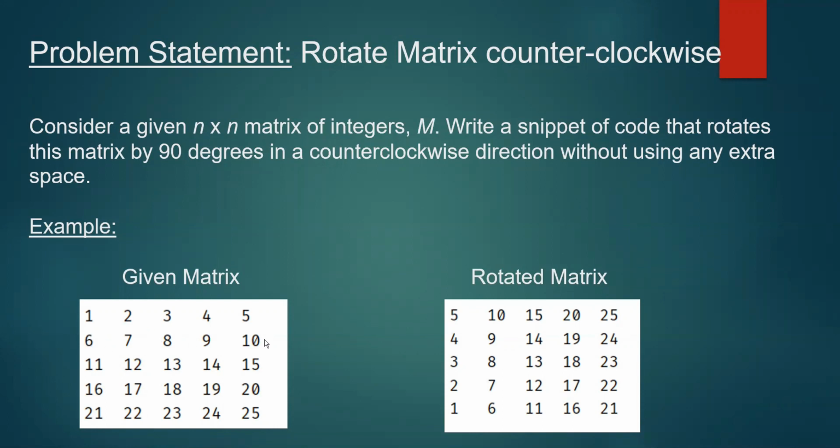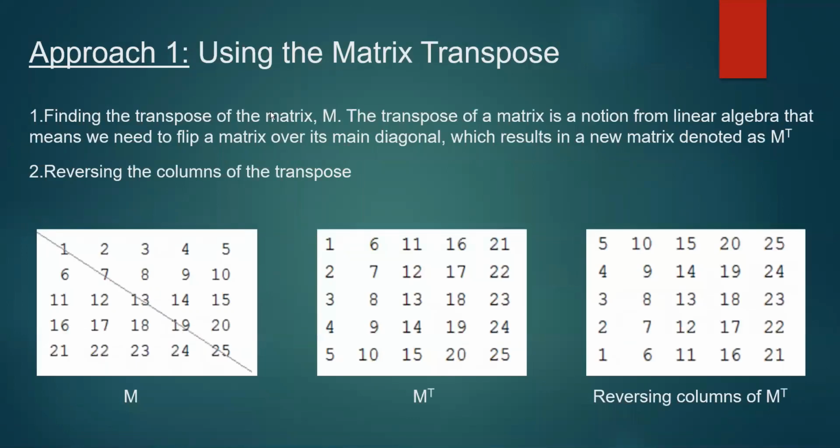In the same way, each row will be rotated. And you can see the output in the rotated matrix, which we call a matrix rotated 90 degrees in the counterclockwise direction. So this is the given matrix, and this is the rotated matrix, the expected matrix we wanted, right? And to solve this problem, we have two solutions. Let's first discuss the first one, using the matrix transpose.